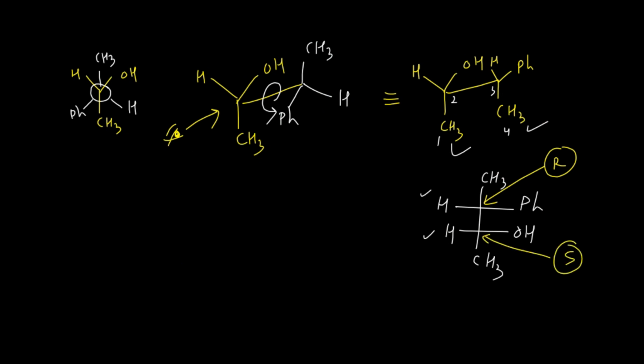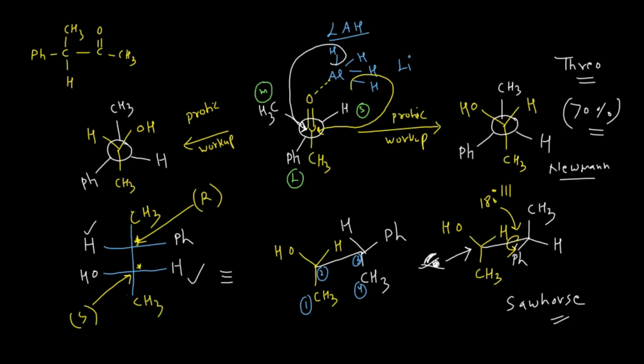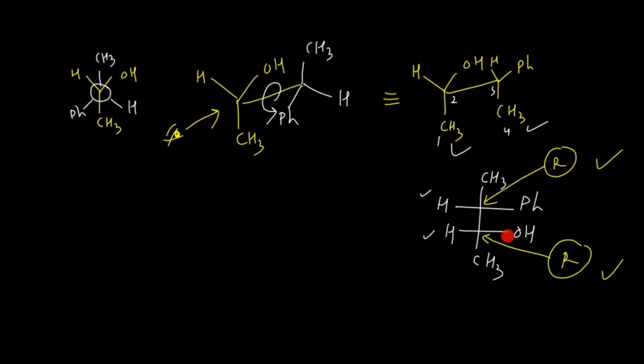That means it must be S in nature. Sorry, not S, it must be R in nature. So this isomer has R and R configuration. The earlier one has the R and S configuration, and by definition diastereomers are those isomers which have a different configuration at least on one carbon atom. So this one and that one, right? These two are the diastereomers. Okay, this is the concept of